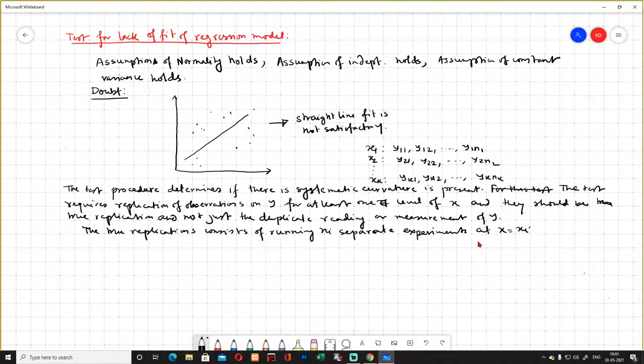That means suppose for this, you ask n1 people to take measurement with the same instrument. So that's why the true replication consists of ni separate experiments at x equal to xi, and